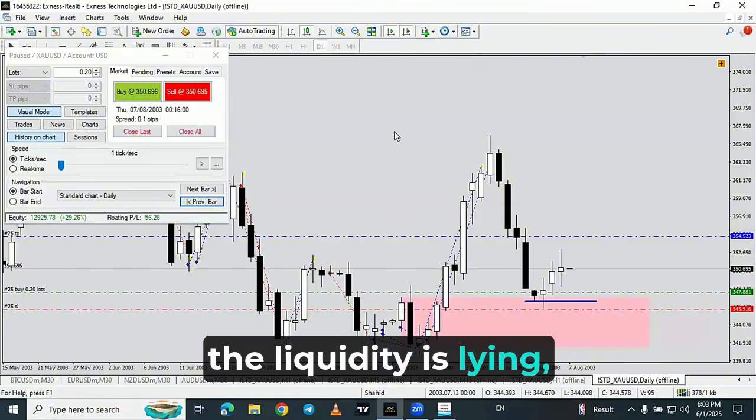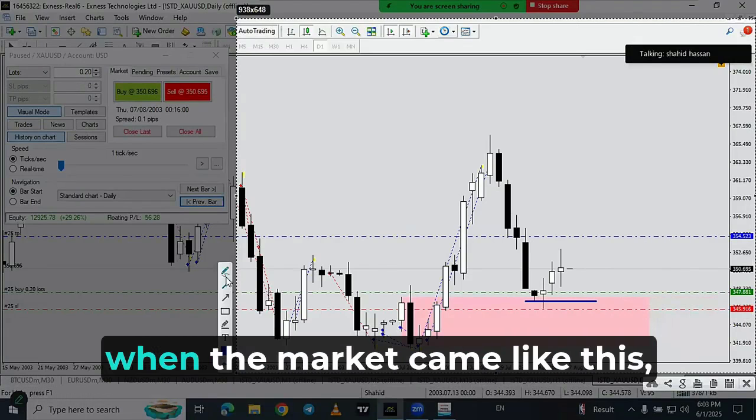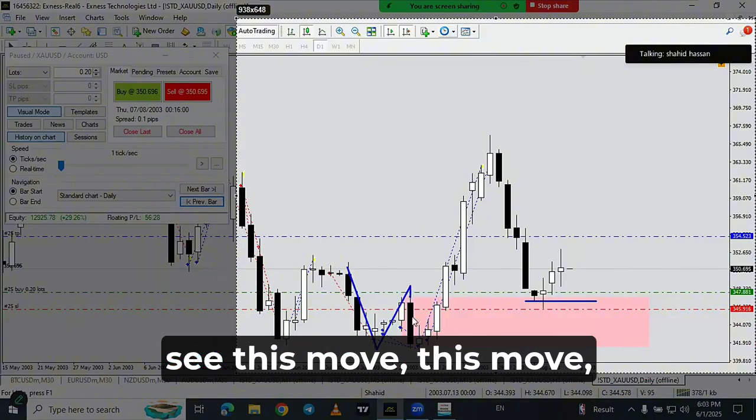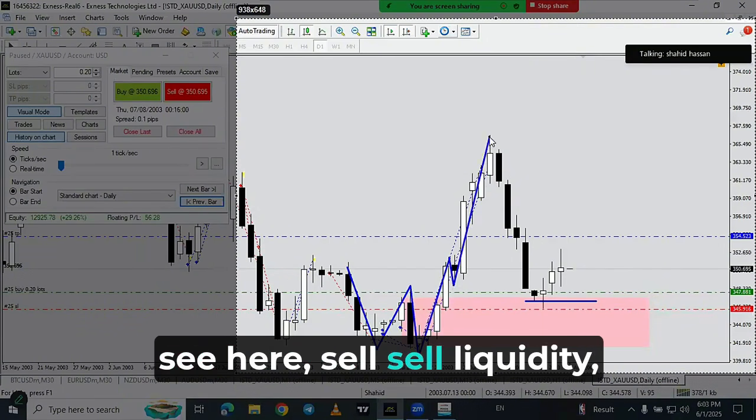And if you look at the daily, if you don't understand where the liquidity is lying, I will explain it to you here. See where the liquidity was lying. Look, when the market came like this, see this move, see this move, and see this move, and here see this move, and this move. If you see these moves, see here, sell liquidity, buy